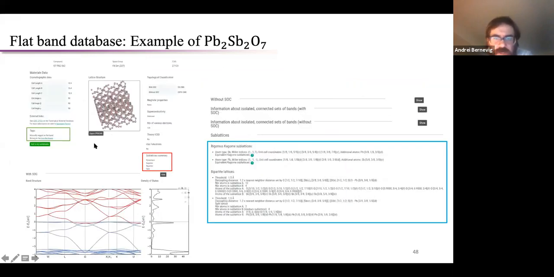Okay, so for example, let's give this example of this material, which is a very clean one with a clean flat band. So you can see a huge density of states, a large flat band, non-atomic. It cannot be atomic. It's got these huge dispersive bands coming out of it. And then you have several atoms in it, and then the website basically tells you